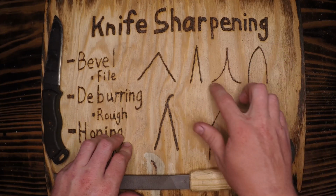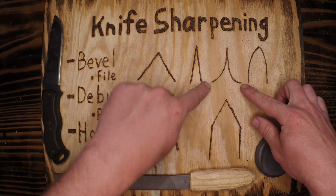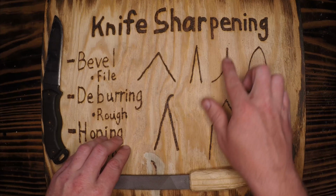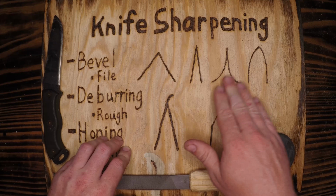This here, the concave beveled. I've again exaggerated it. This is not what it's going to look like. It's going to be much more shallow than that. I find that works really, really well with large